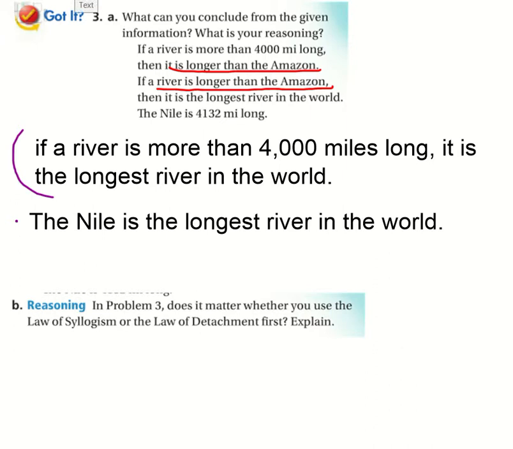And so this 3B question, it stumped me. And so I was trying to think this through. It says, doesn't matter whether you use the law of syllogism or the law of detachment first. And so if we think about this, we kind of have to use the law of detachment to start off to state that the Amazon is less than 4,000 miles, and that's something we can always verify. And if we verify that, then I would say we could use the law of detachment, and then we can say that